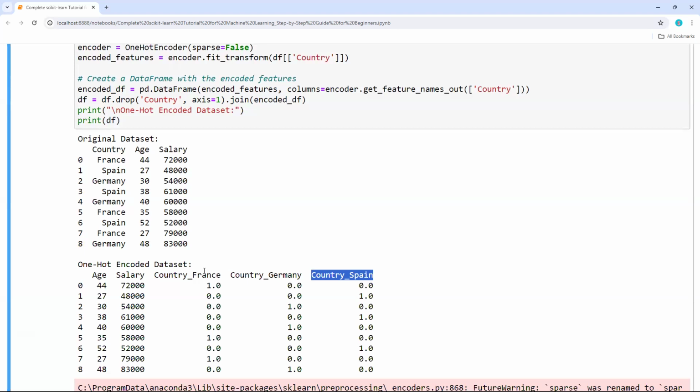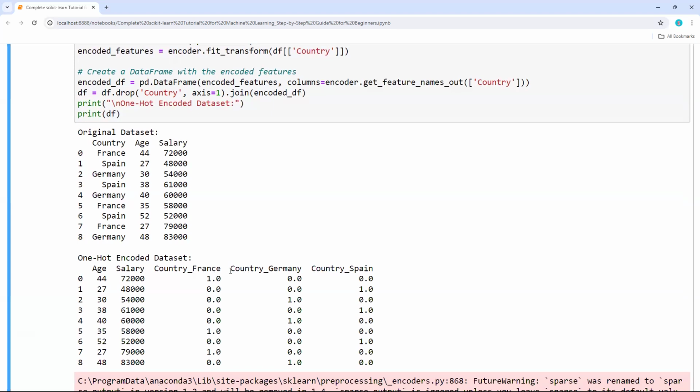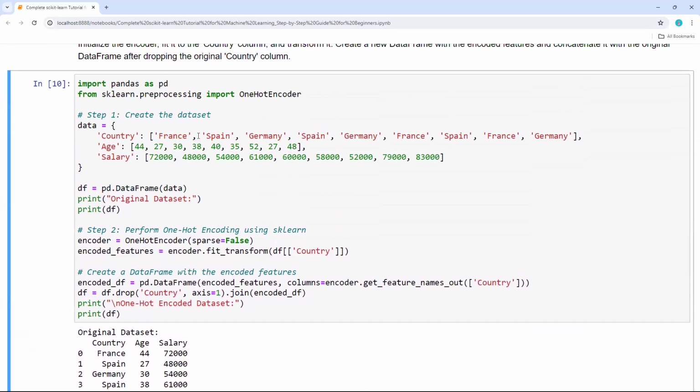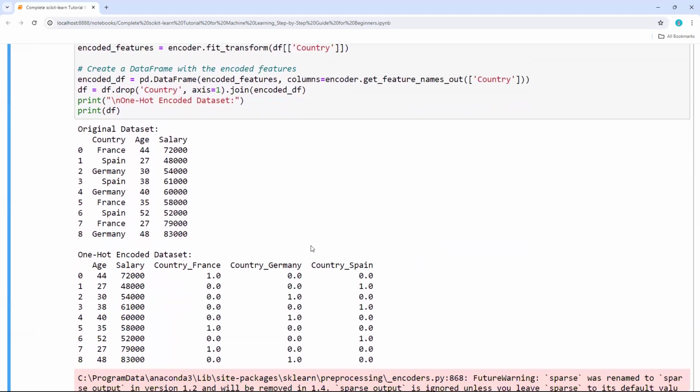And in the respective manner, where the 44 and 72,000 salary is there, it has been filled with the one value. Where France is there, it will be replaced by one and the remaining values by zero. Similarly for Germany and also for Spain. So this column has been successfully converted into a machine readable format, zeros and ones. So this is the use of an encoder in order to convert the categorical columns into numerical ones and zeros,